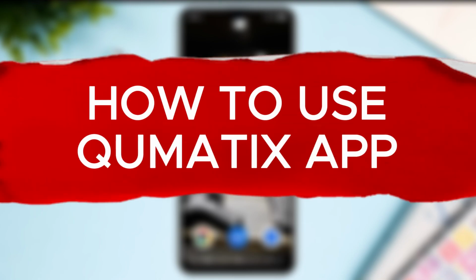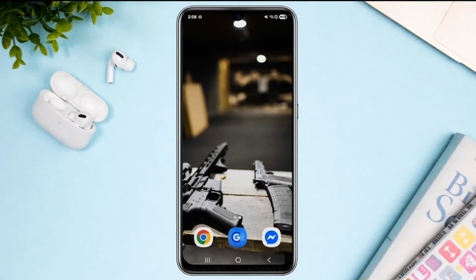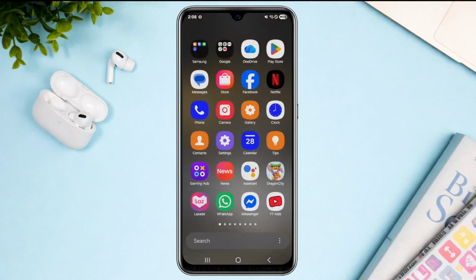How to use Qumatix app. Now in this quick video, I'm going to show you how to get started on Qumatix Training Bot. Of course, the very first thing that you want to do is to go into your Google Play Store